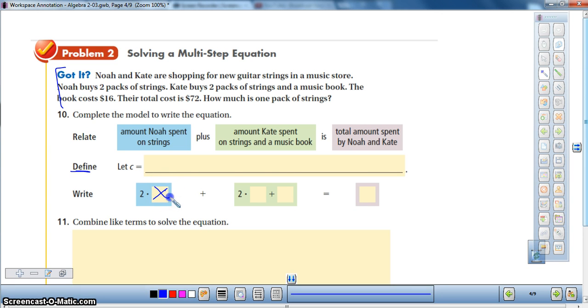I'm going to use X for strings because I don't like to use S. So I know they had C here. I'm going to have X as my variable. X is going to be the cost of the strings. Here I'm going to again have 2X. Kate bought 2 of those, but she also bought a music book that was 16, and they spent a total